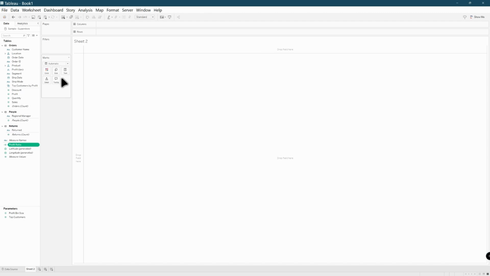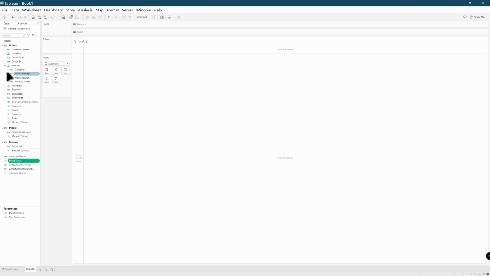To start the creation of the table, let's say we want to show the sales by the subcategory for each given year. To do this, we first need to get the subcategory.